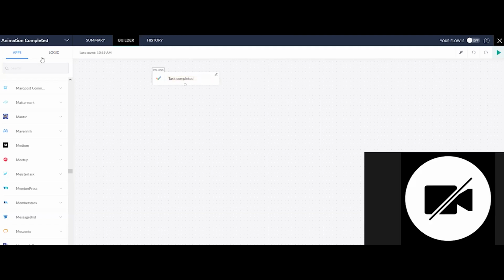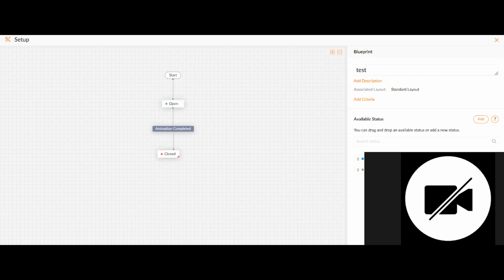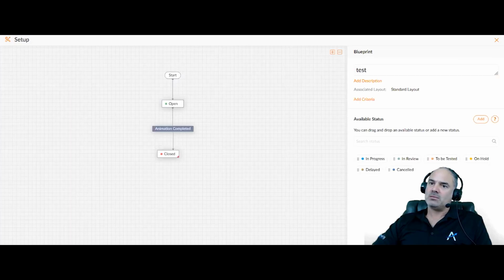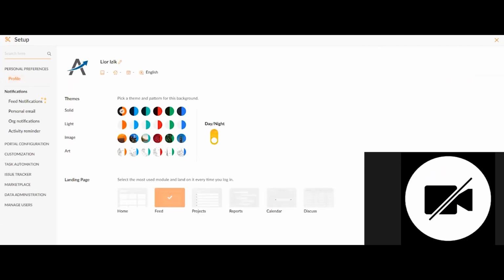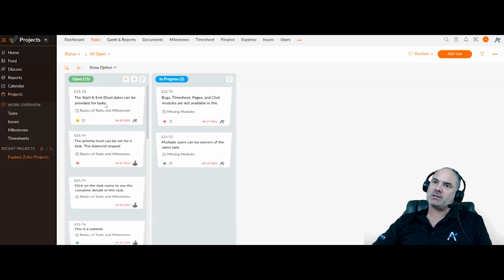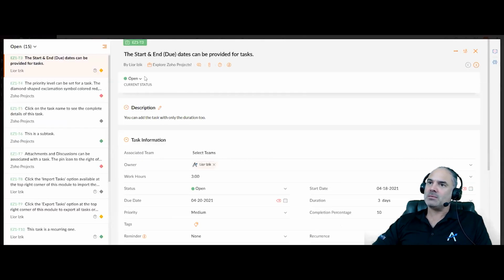Next, I'm applying a logic, because in Zoho Projects, whenever the task, one second, let me go back. So we have here a project. The project has different tasks. So let's say that the task name is animation completed.